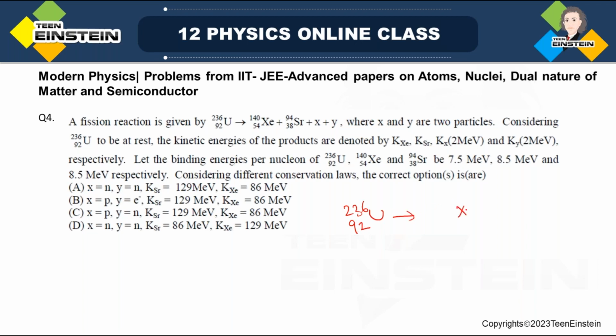It breaks into two nuclei, xenon and strontium, 94 and 38, and there will be two more particles, X and Y. Okay, considering uranium 236, 92 to be at rest,